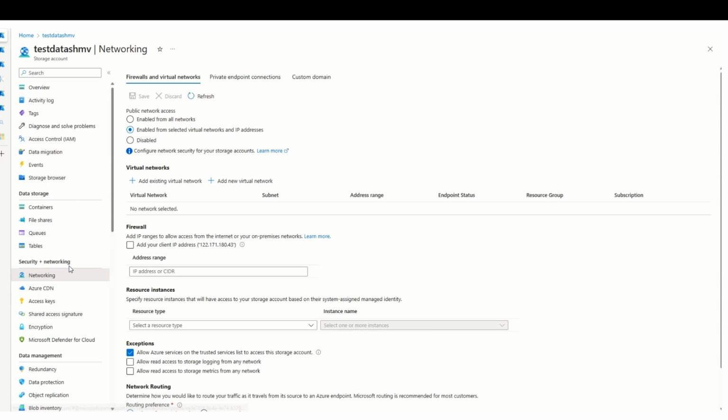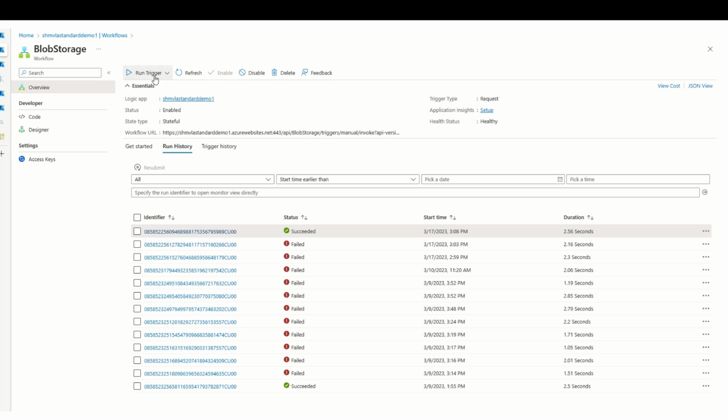If you go to the networking tab of the storage account, earlier the access was enabled from all the networks. Now I have disabled it and enabled it only from selected virtual networks. Let's test it out from the Logic App whether it works fine. So if I run the trigger here,